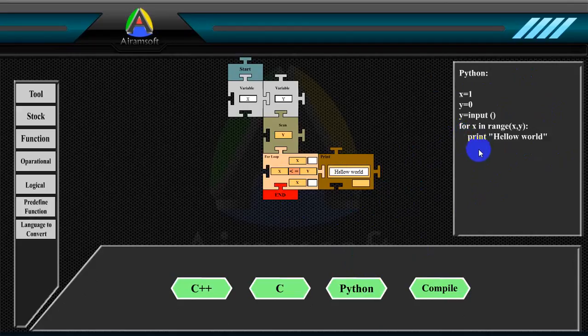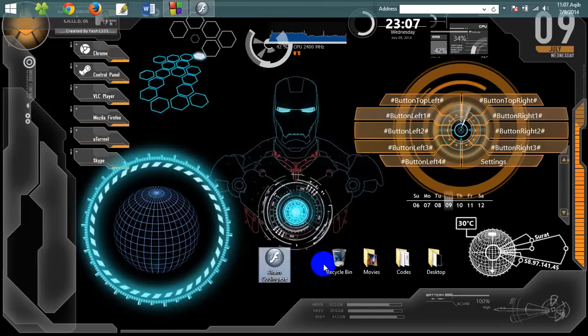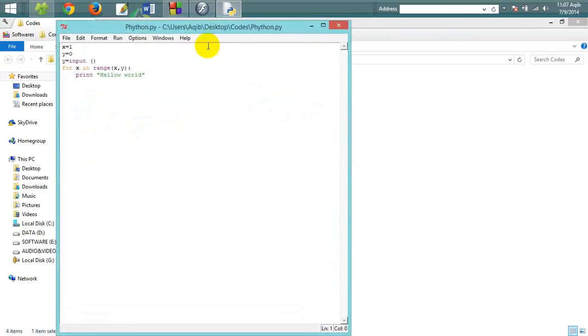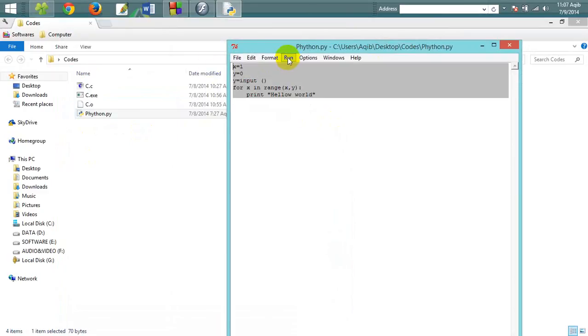Did you notice that it's so cool that we had a C programming code developing, but when I just pressed the Python button, it just converted into Python code. If you don't believe me, I can show you. If you press the compile button, it will give you a folder, and in that folder you will have a file called python.py. If you edit that, you'll be able to see the code which I just developed. Here I have the code, and if you run the program right here,